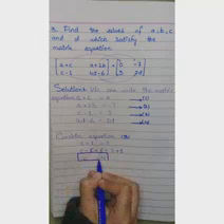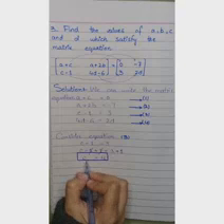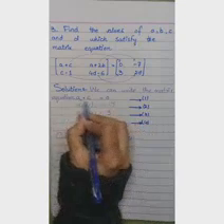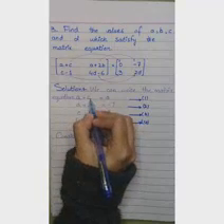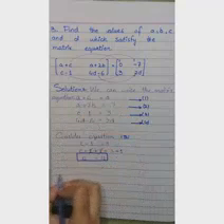We can highlight it so that it can be easy for us to write in the end. Now we have known the value of c. We can use it in equation number 1, as we have seen that there is c used in equation number 1. So we can use the value of c in equation number 1.